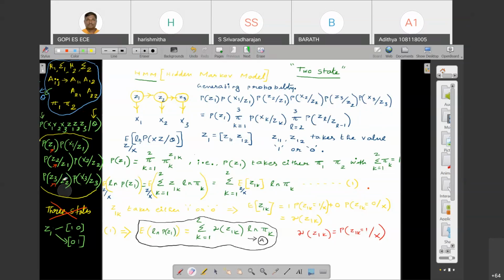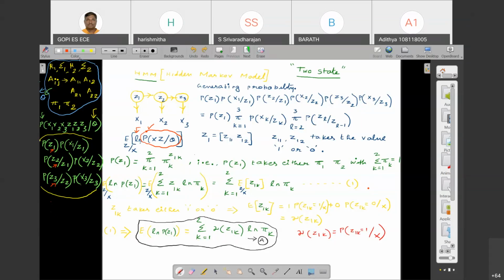Now we are interested in finding out this unknown parameter, right? Using this HMM technique, how is that done? So what is the objective function in our case, right? The objective function is the generating probability, right? This is what you are trying to maximize as an average case. As logarithm is an increasing function, you are using that ln here. So our interest is maximizing